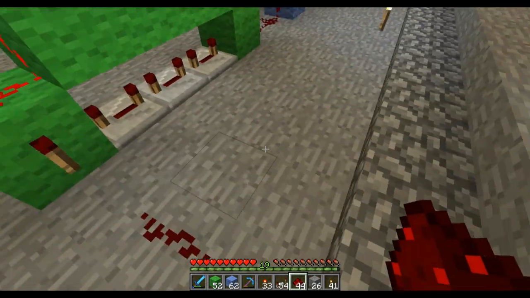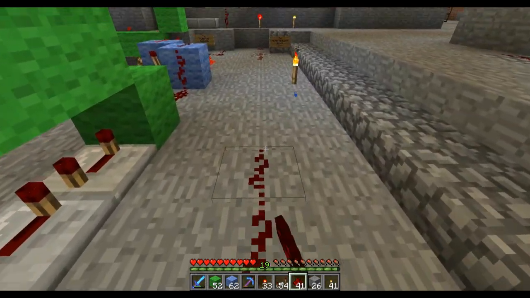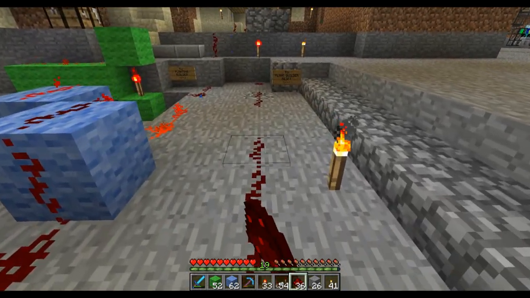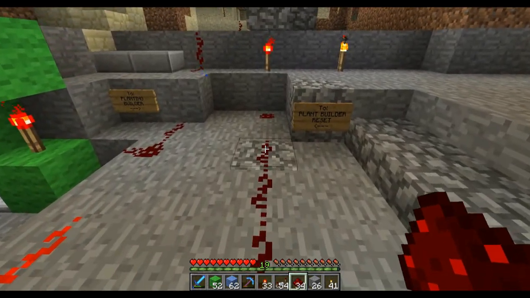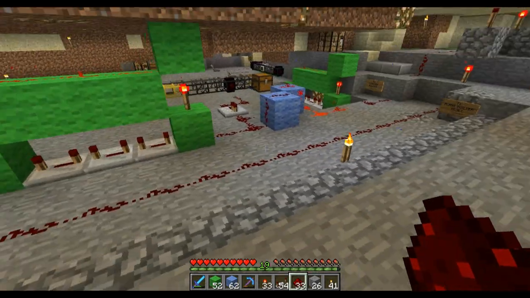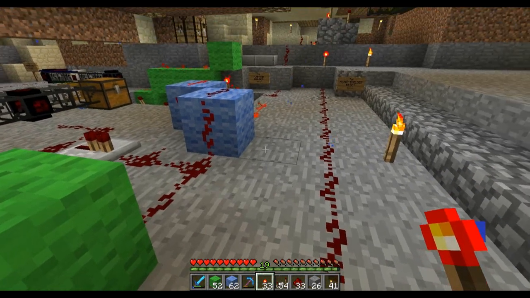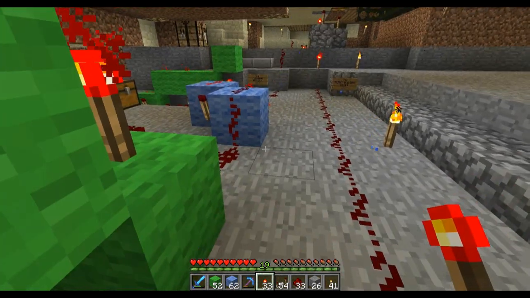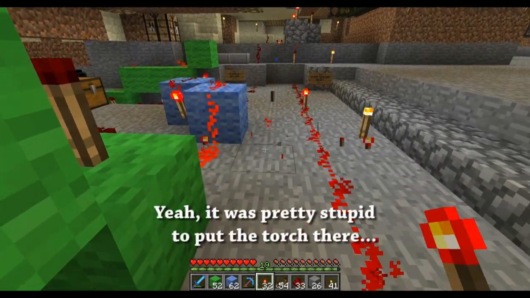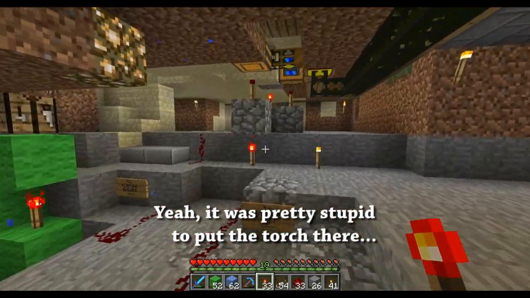Alright, so we'll switch it back to here, and I'm not going to connect that just because it'll screw things up. And then we need to connect this to the reset line. So that's 1, 2, 3, 4, 5, 6, 7, 8, 9, 10, 11, 12, 14, 15. Wow, it should actually work to do that. Let's see if it does. We want to make sure that torch turns off. It does. Cool. Alright, awesome. So that's set to reset.